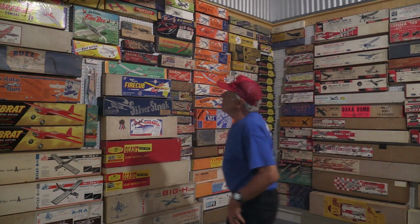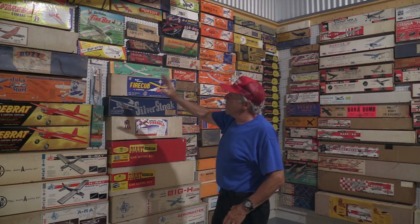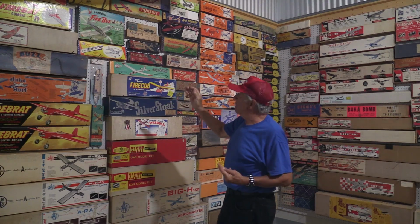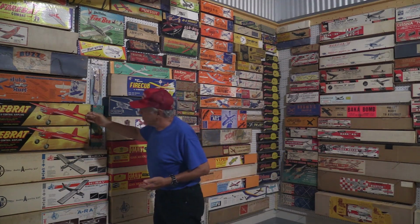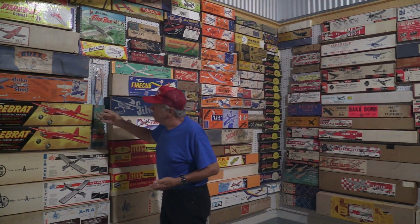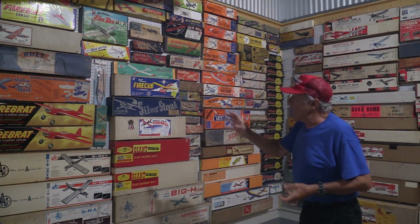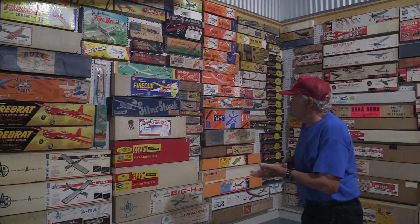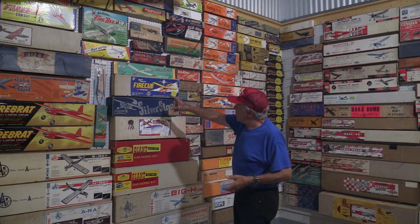Let's start at our wall of fame here. These are kits that were very, very rare. Sometimes they only built one model and then they went out of business. The Fire Brat, for example, was very successful. Jim Walker was the man who invented control line. So he had a couple of kits on the market, like for example, the Fire Brat, the Fireball, Fire Cub,